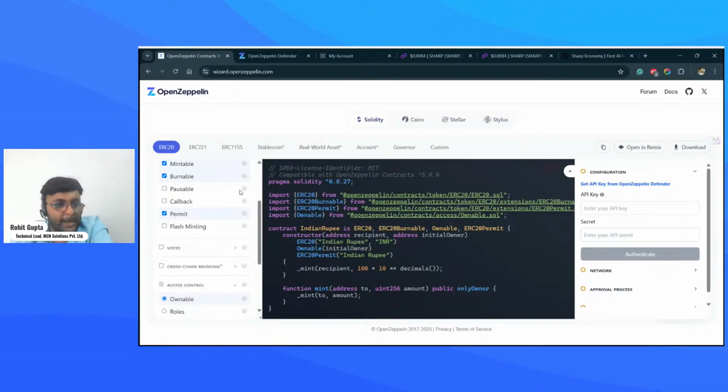Pausable is generally a feature where you can pause the trading. Suppose I want to send some tokens to Shubhankar, or probably NumPy, or maybe Powerful AI, who are our audience now.